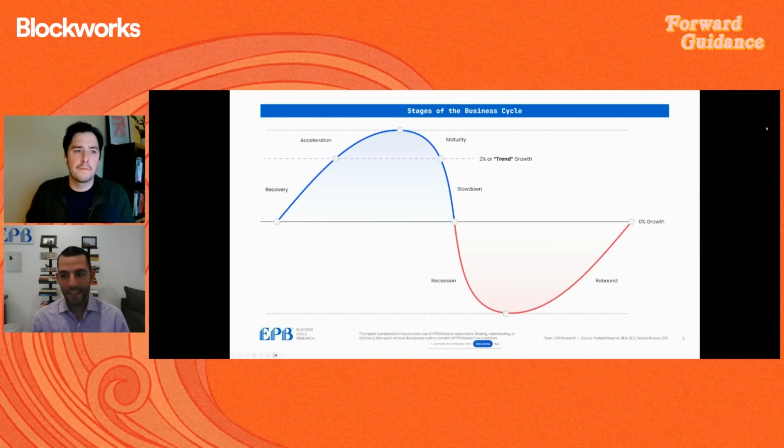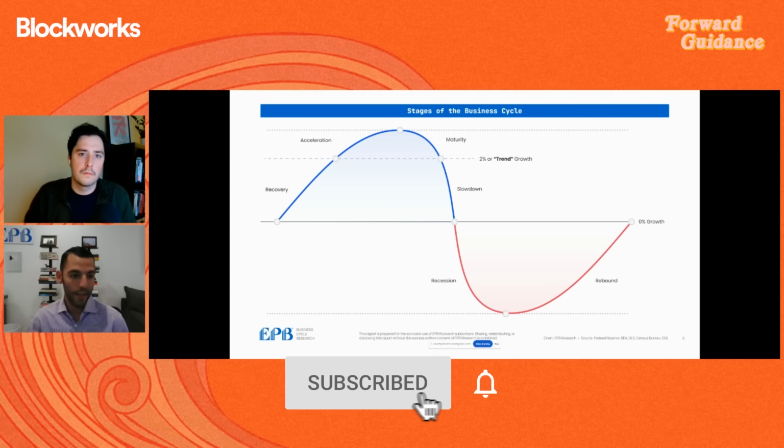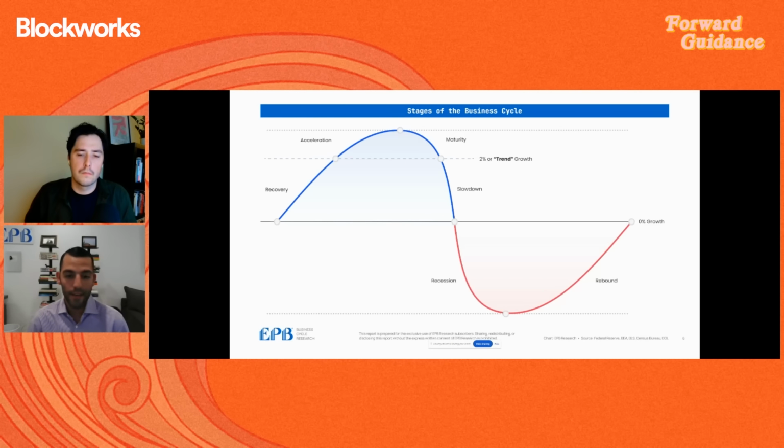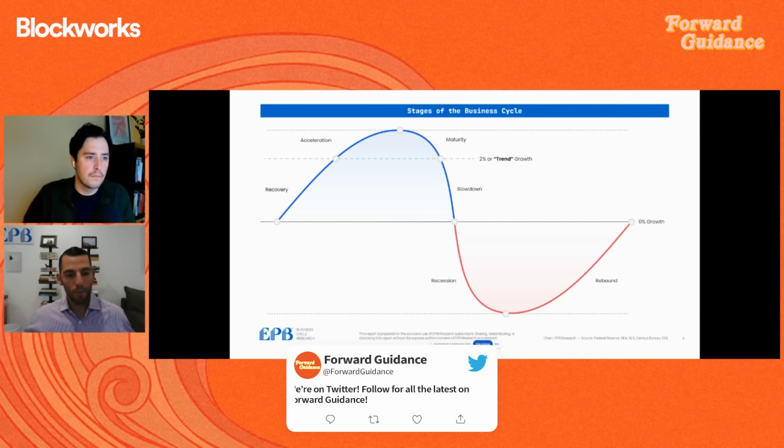So I brought a few slides to help me walk through the way that I explain the business cycle and the process that we use. So at EPB Research, we focus on business cycles and primarily the US business cycle. And most people are familiar with this sine wave representation of the business cycle, where we go through periods of expansion and periods of recession. And what this sine wave represents is aggregate economic activity, or you could think of it as the average person or the average business, or just an overall blend of all the economic activity that's happening in the